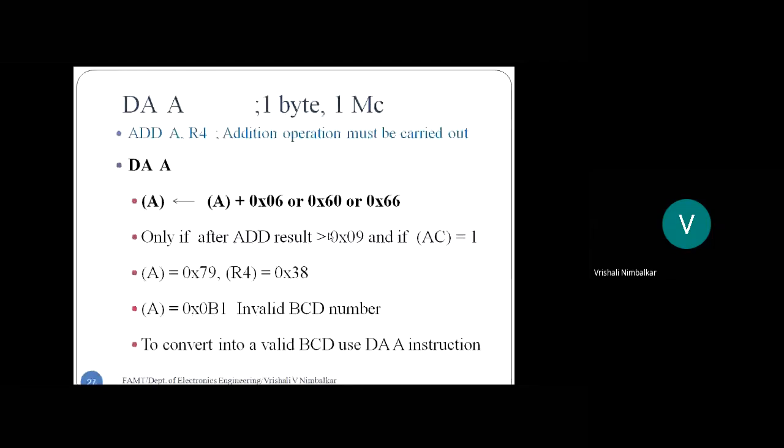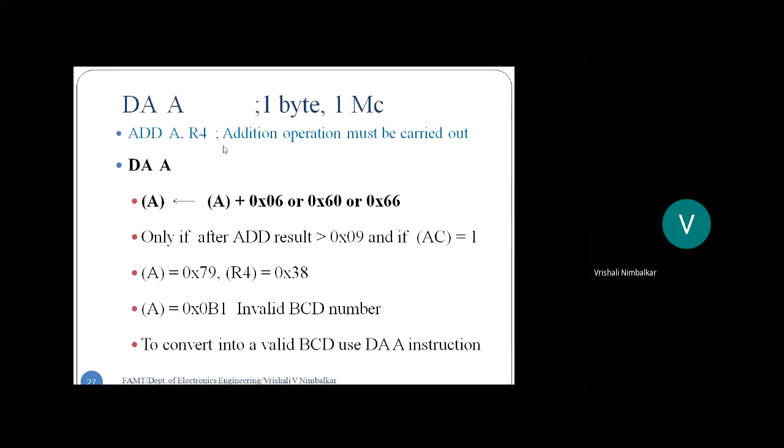And the last instruction in the arithmetic group is DAA, decimal adjust accumulator. 1 byte, 1 machine cycle. Accumulator is involved in the instruction. Now, this instruction is to be used when you are doing BCD arithmetic, binary coded decimal numbers, when you're adding BCD numbers. And before using the DAA instruction, you should have used ADD or ADDC. This instruction only works after add or add with carry instruction execution.